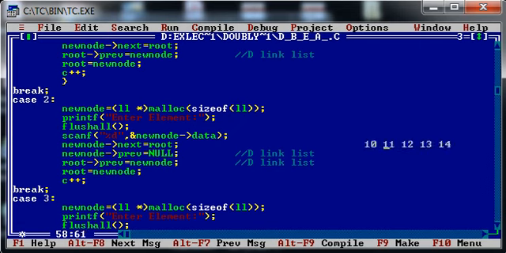Let's say right now this is my existing linked list, and a new node to be inserted in the linked list is, let's say, 5. So what happens just now? In the data part of the new node, it will be 5. In the next part of the new node, it should be the address of the root node. That is what I have done over here.